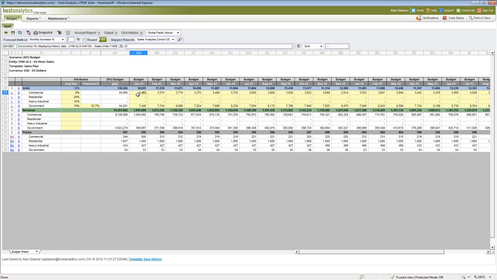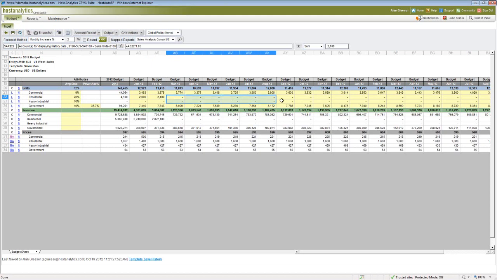Now, I've got other tools. Let's say for my residential products, I know that I'm going to sell, let's just say, 2,000 in January, and I can use my Excel knowledge and literally just write a formula like we're all used to doing. So I do that times, I can even click over there, my AQ22 times, let's add 5%. I'm going to increase my units, and I can copy that across.